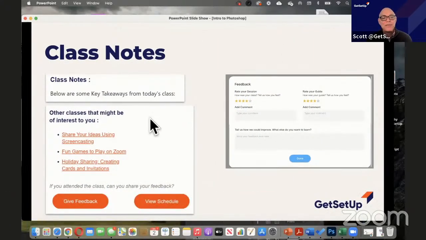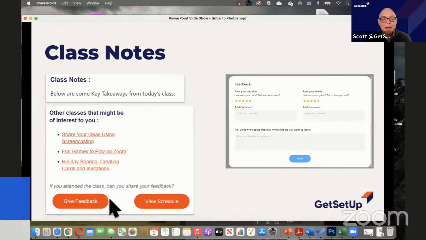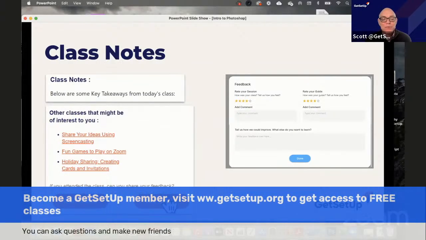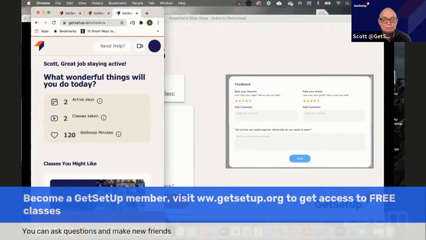So I will be sending out some class notes to you afterward with a few takeaways. I'll be pointing out some of those tools that I demonstrated just to give you an idea how to, what icons to look for if you do end up playing around with this on Photoshop. You'll also get some other class suggestions and a link to the schedule, and also a place to give some feedback. So if you notice here,